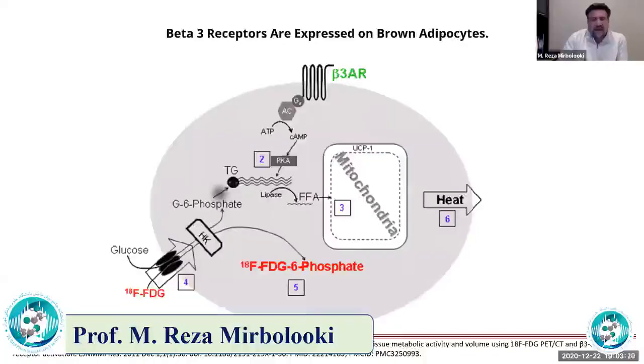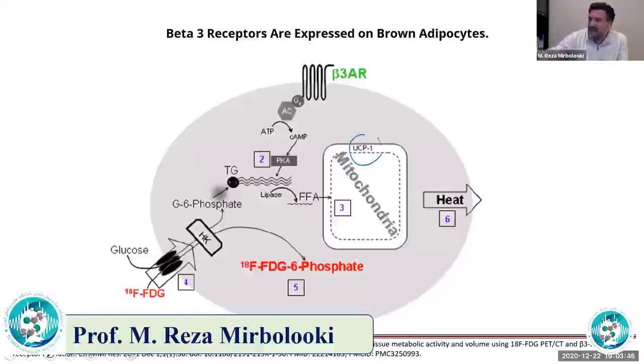There are lots of papers that say it can be a good target for combating obesity and diabetes, knowing about this extraordinary metabolic capacity it has because of the lots of mitochondria that it has. And there's a protein in the mitochondria that you can see here,